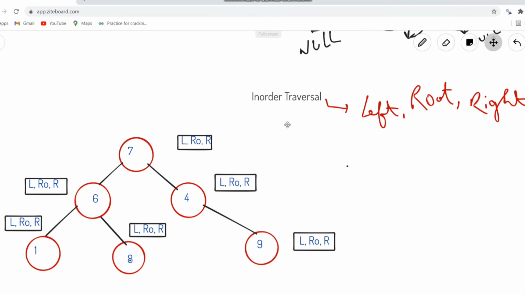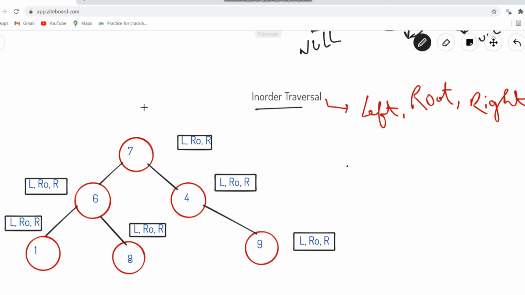Okay, next traversal is in order traversal. So we have completed pre-order and post-order traversal. Now in in order traversal, the sequence is like, first we need to move in left direction, then we need to print the root node's value, and then we need to move in right direction. Okay, so in case of all these traversals, you need to remember the sequence of printing or traversing the nodes. Again, I've constructed a binary tree, and in each node there are three operations which we need to perform: moving in left direction, printing node's value, then moving in right direction in sequential manner.